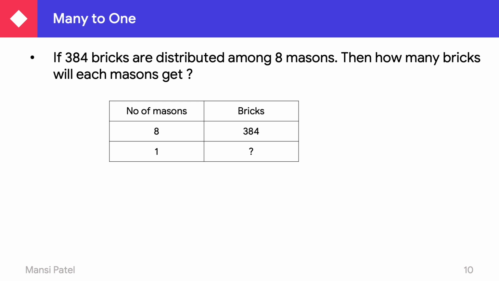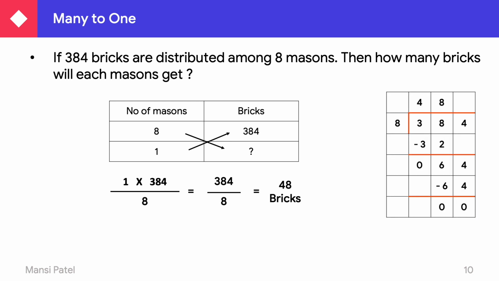As per the rule, the numbers which are written in the cross, you have to multiply, and the remaining number you have to write down in the division. So your answer is like this: 1 multiplied by 384 divided by 8. And you know already, if any number is multiplied by 1, then the answer is the same. So 1 multiplied by 384 is equal to 384, and this 384 divided by 8. In your rough work, you have to do the division like this.